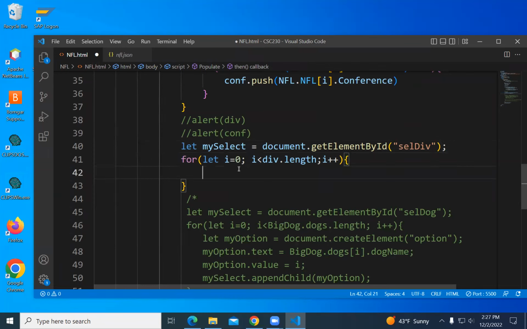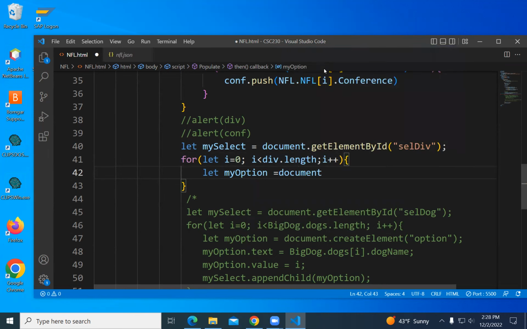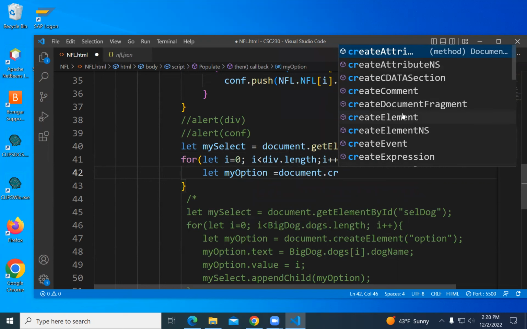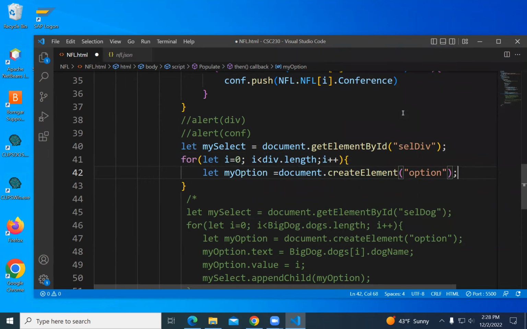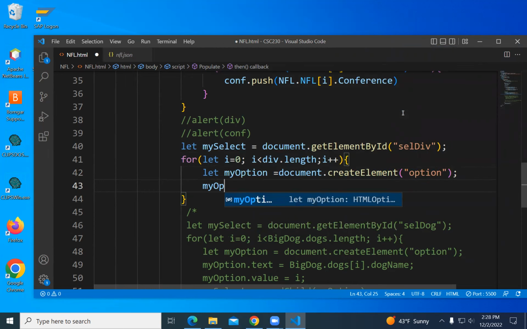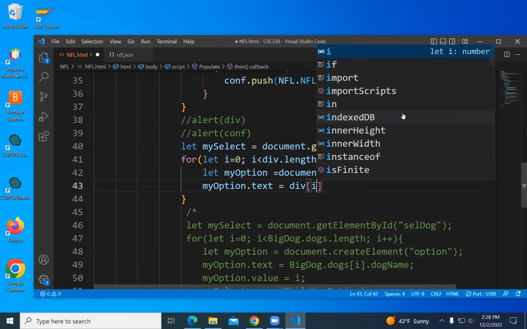My option down here: document.createElement. I'm creating an option. I'm going to set its text to the division, div[i].